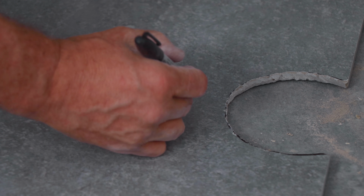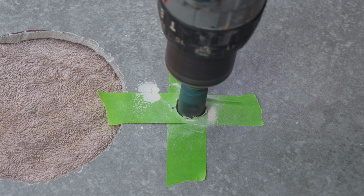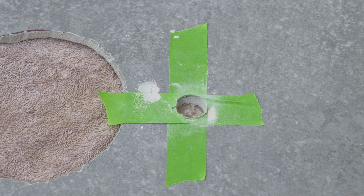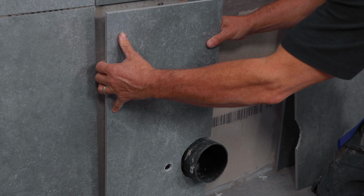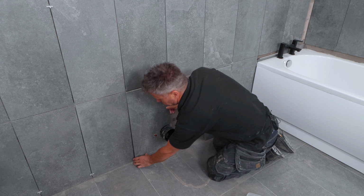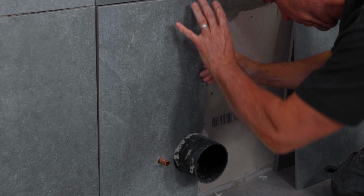Now I've cut around the pipe and it fits, the next stage is to cut a small round hole into the tile where the 15mm water pipe enters from the wall. Mark this up on your tile, then using a tile hole cutter, drill through the tile to cut the hole out. Check this with a dry rub first to see if it fits,